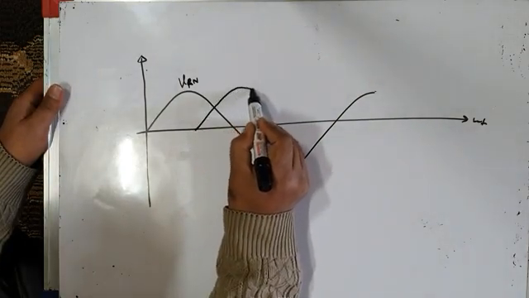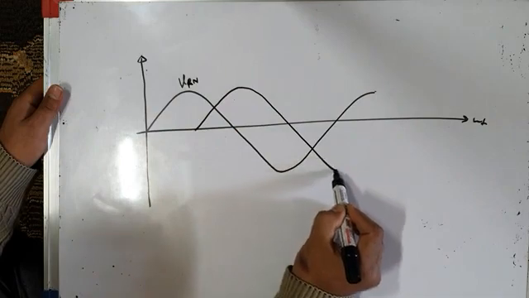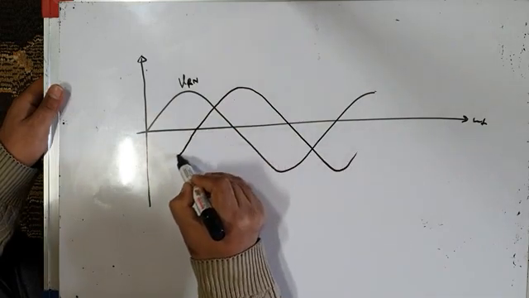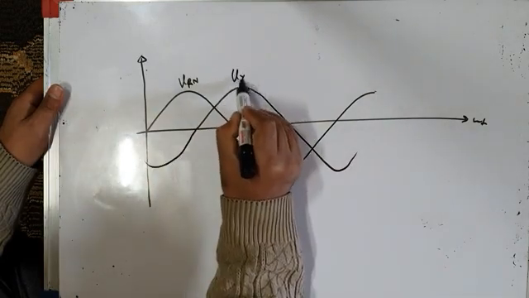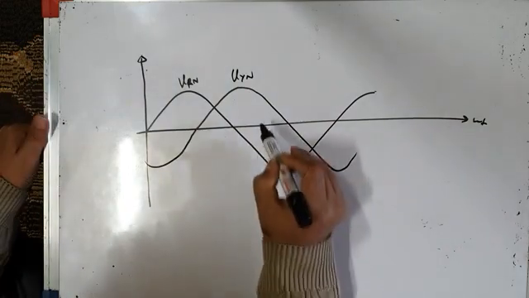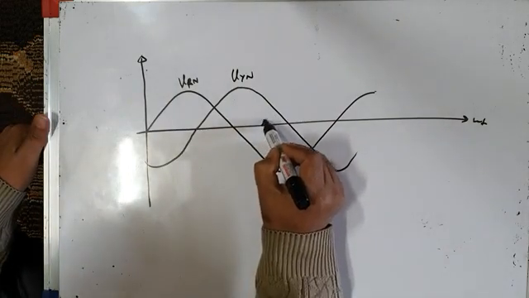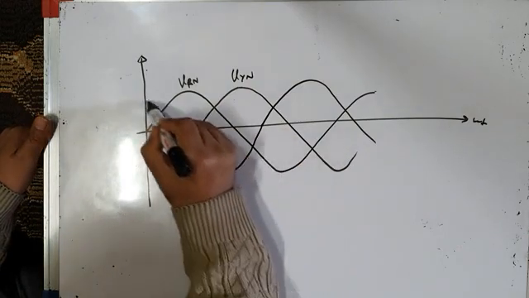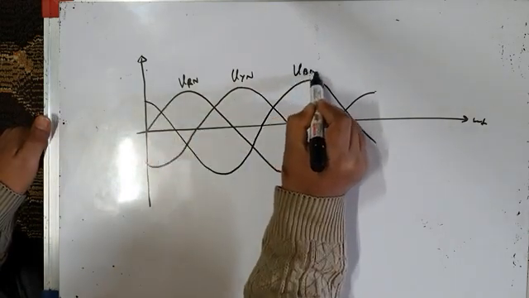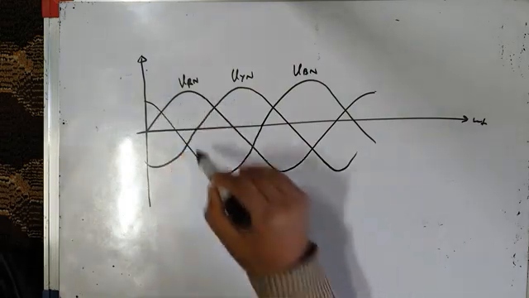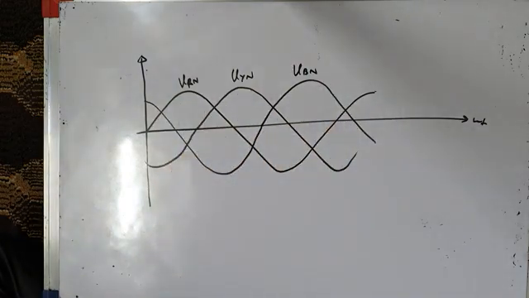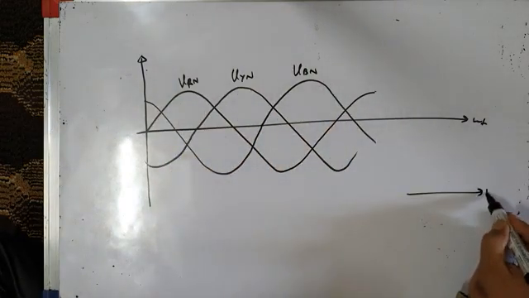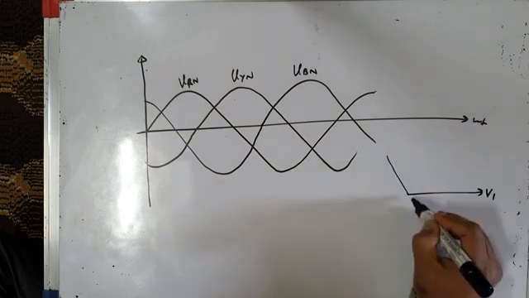VYN ये है, ये भी sinusoidal होनी चाहिए, not 6-step. And VBN भी sinusoidal होनी चाहिए, VBN. My actual phase voltages, I want that these should become sinusoidal. अगर मेरे space vectors ऐसे घूम रहे हैं, V1, then sorry,